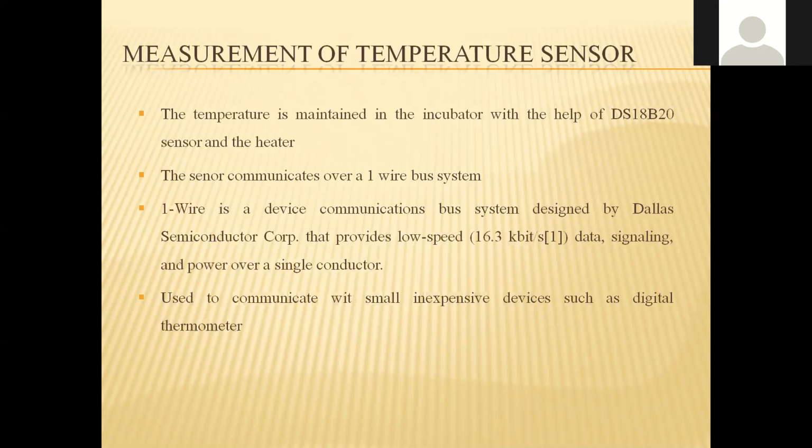Now for the working of a temperature sensor, sir. As he explained, sir, it has 3 pins: one is for ground, one is for positive, and one is for data or voltage. In the beginning we have to give some voltage, which will be supplied to it. Then it is going to detect the temperature, and as the temperature is detected, the data is sent to the Arduino.